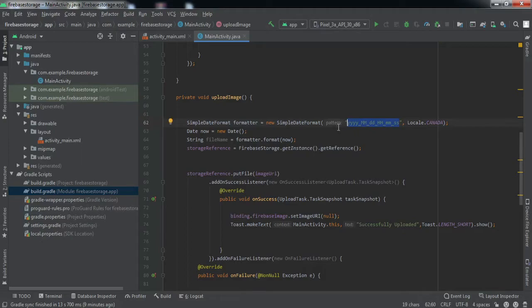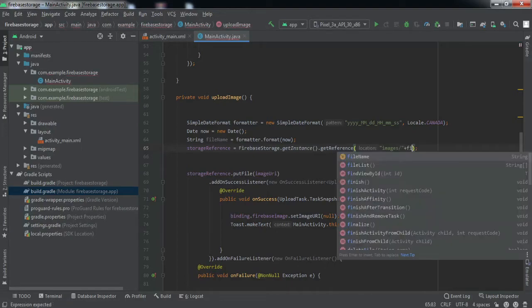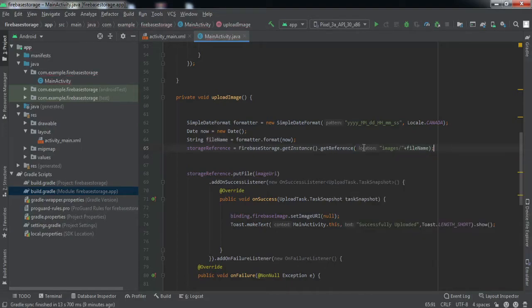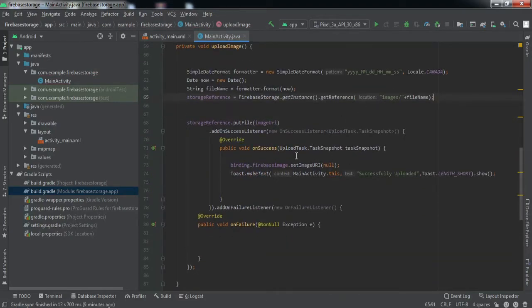So whenever this method will be called, the particular time and date will be set as the name of the file, right? So now we're gonna use it here in the reference. So we want to store it inside the images folder, and then we want to concatenate it with the file name, right?